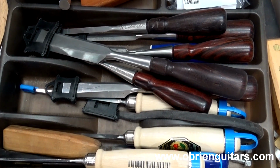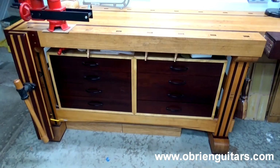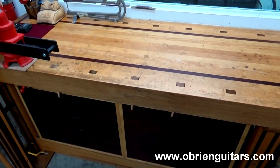I've sharpened all the chisels, all of the tools, and put a fresh coat of oil on all of the benches. I mean, it's just been a very, very busy time of year. I'm getting ready to ring in the new year, 2019, and there are some great opportunities coming up in 2019